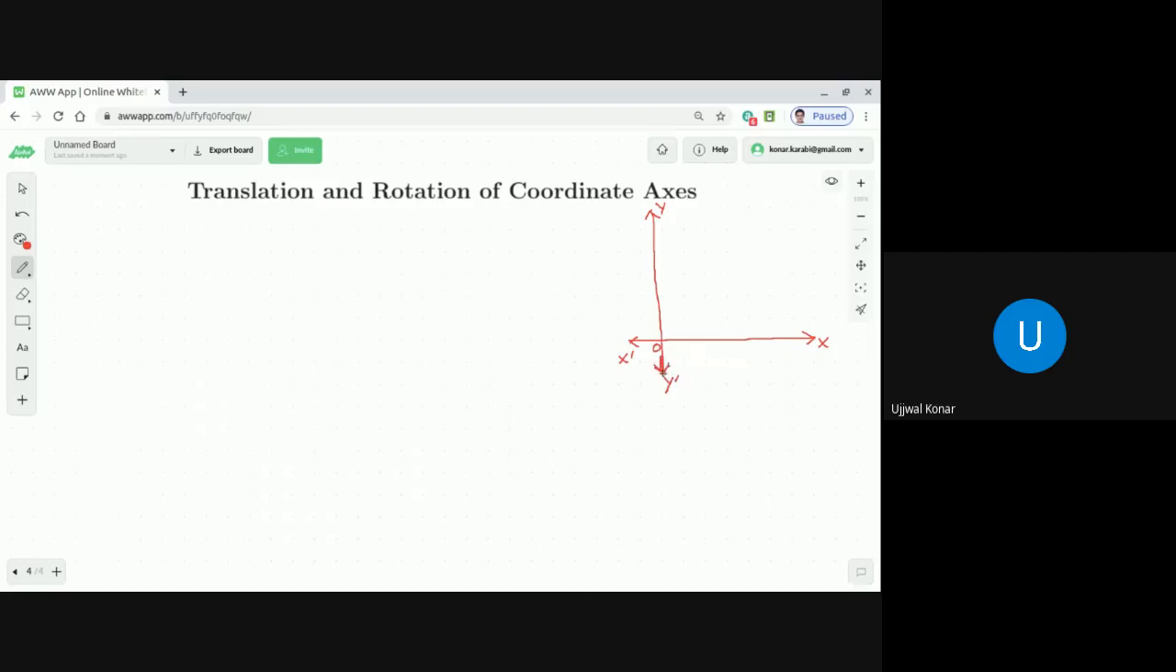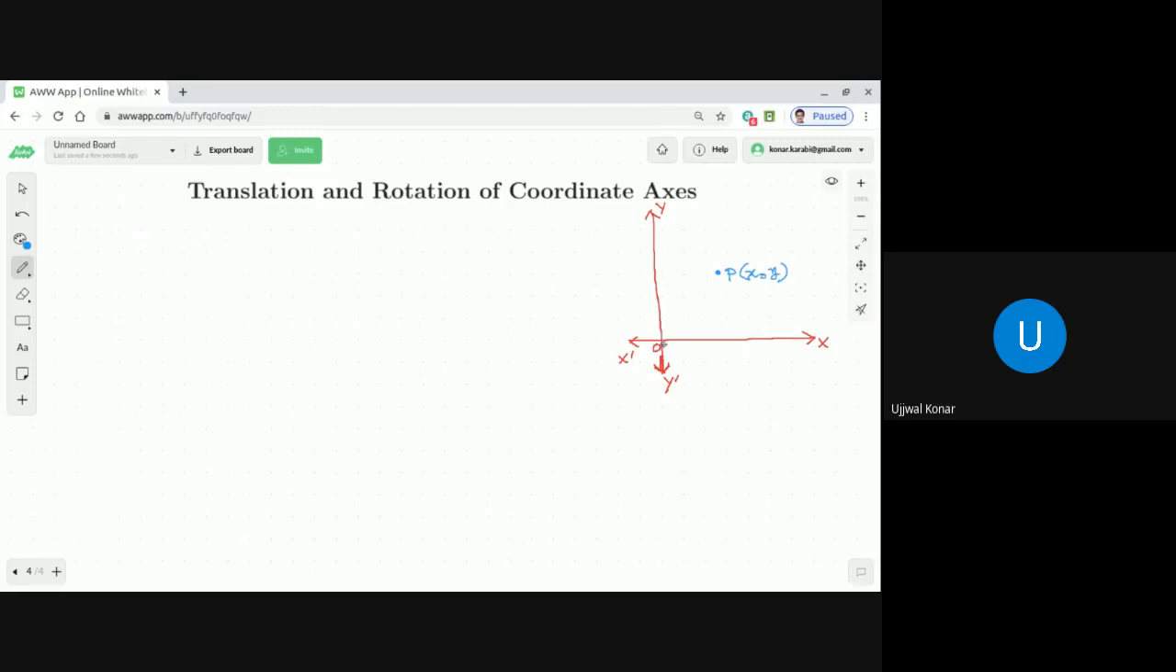Okay, dear students. Now, what is happening is that, suppose with respect to this fixed coordinate system, we have a point P having a coordinate, we can say x comma y. Correct? Now what we are saying is that we want to translate that coordinate axis. What is meant by translating the coordinate axis? That,